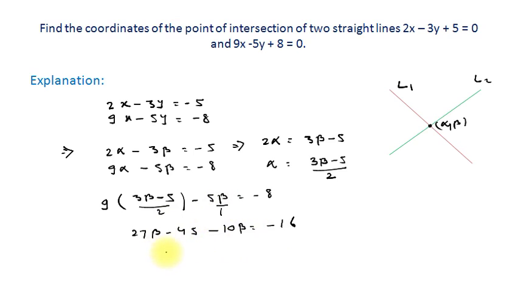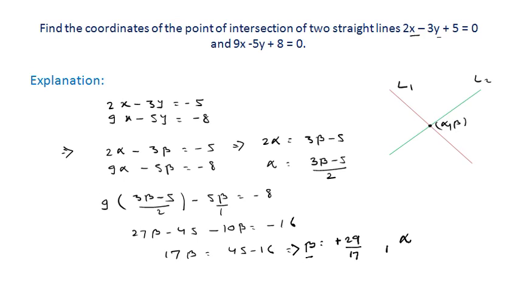So this can be written as 17 beta is equal to 45 minus 16, and we see here beta is equal to 29 divided by 17. So this is the value of beta, and if we put the value of this beta in this equation, that is for alpha, we can find the value of alpha. You have to find the value of alpha and write it in the comment box. So this is the simple concept which we learned earlier in class 10th. So if anybody asks for the point of intersection of two given straight lines, you have to simply solve these two straight lines as per your method.